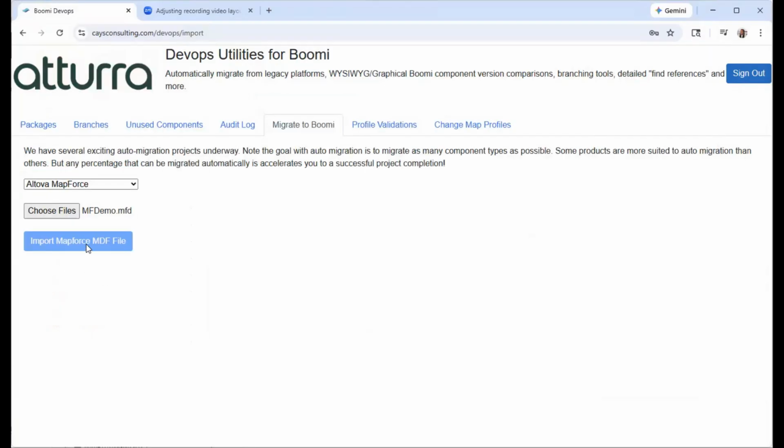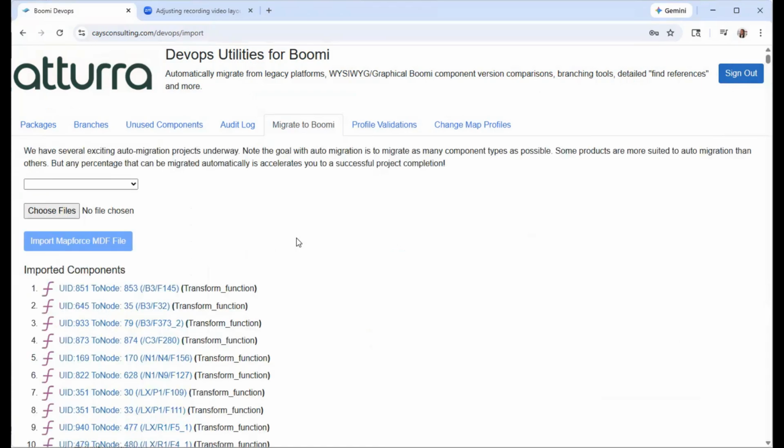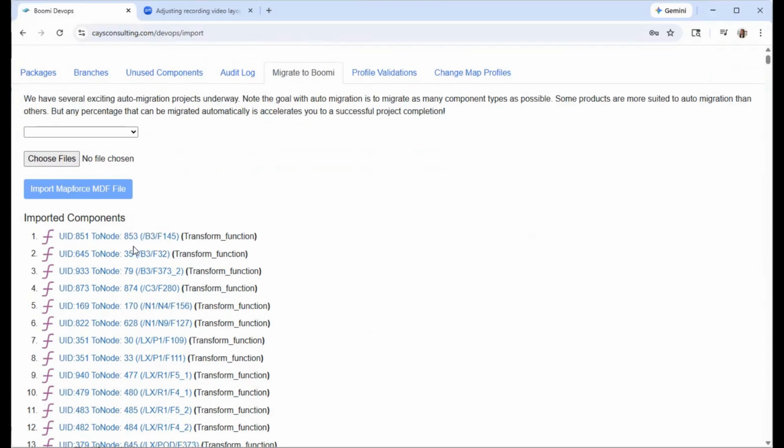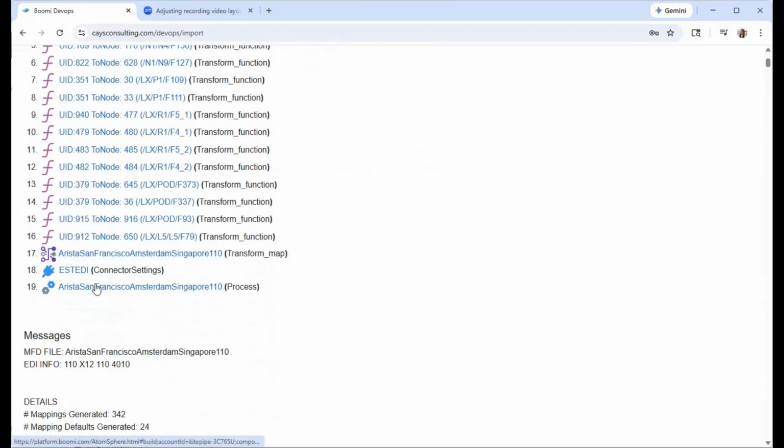Next, once this button's enabled, which means the import is complete, we'll go ahead and press it in order to implement the migration. So now as the migration runs, it's going to go ahead and build Boomi components. And the primary thing we're building here is the map, because EDI is mostly about mapping. And once it's complete, you'll see we generated lots of different things, including map functions, as well as the process